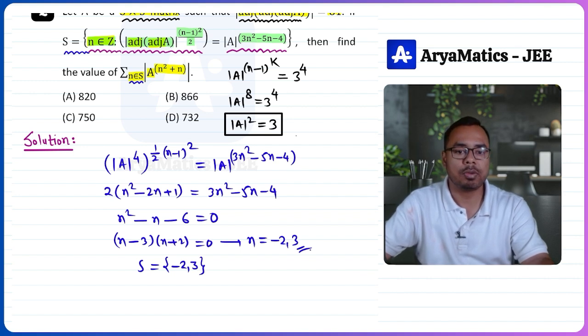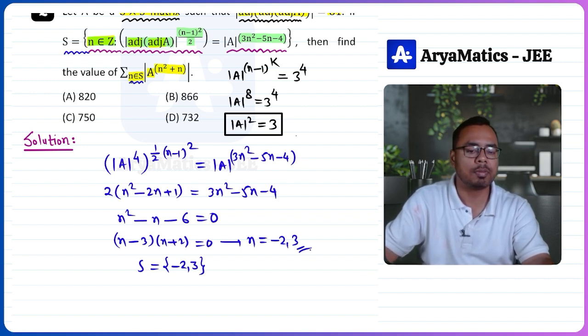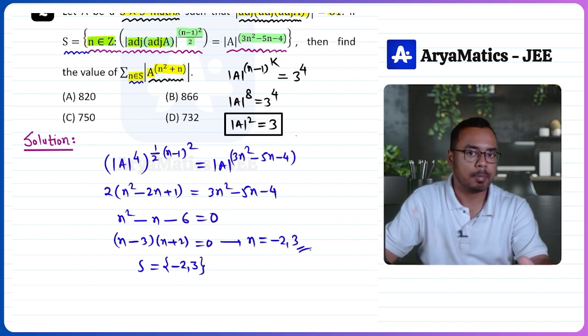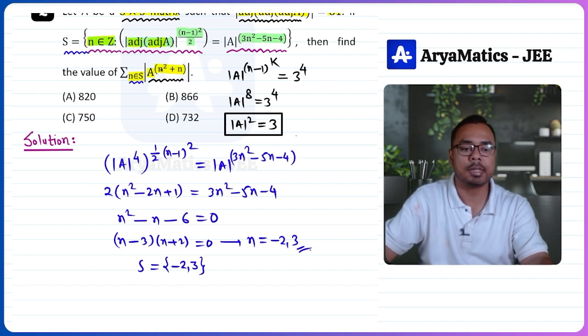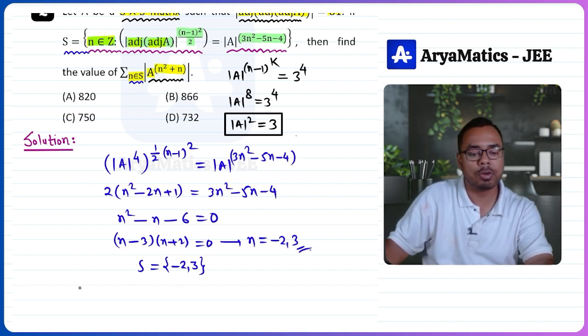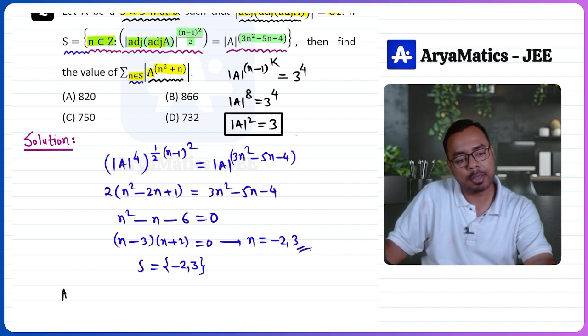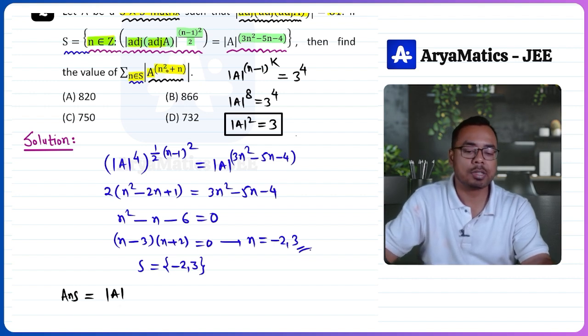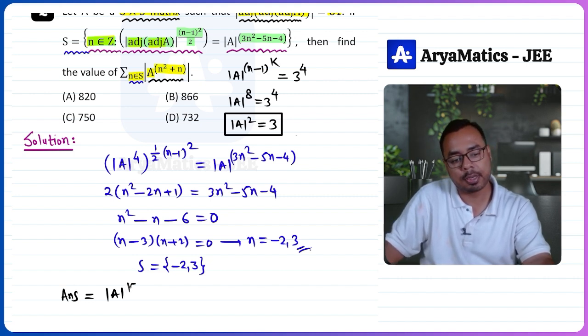Now finally we need to calculate this one. We have to find determinant of A raised to n square plus n, and n belongs to S. There are two elements in S, so in this summation there will be two terms. The very first term will be determinant of A raised to n square plus n, and in place of n we can take 3. So if I take n as 3, 3 square will be 9 and 9 plus 3 will be 12. Plus the second term will be